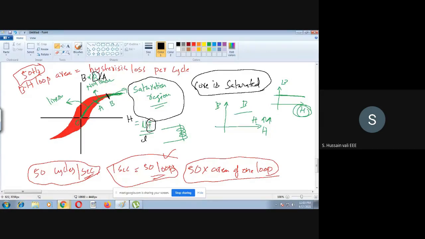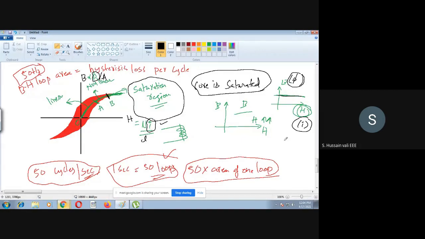What is the flux and what is the current here? Flux is the magnetic flux, and I is the magnetizing current. So the BH graph is the relationship between the magnetizing current and the flux. B is nothing but flux, H is nothing but I. If the graph is horizontal and I want to increase the phi value, how much current do I have to increase? Let's look at what the slope is here.